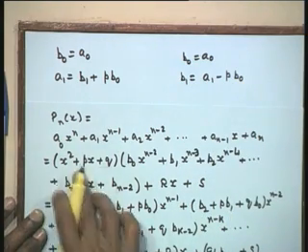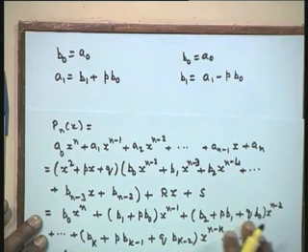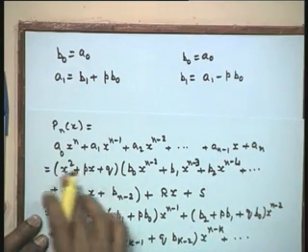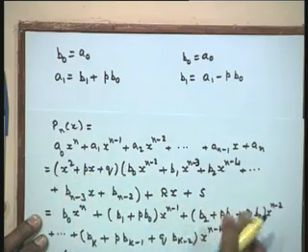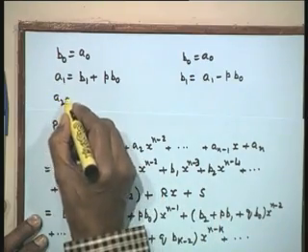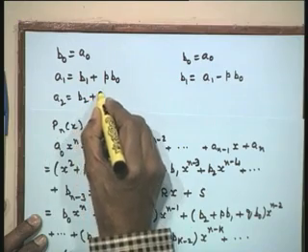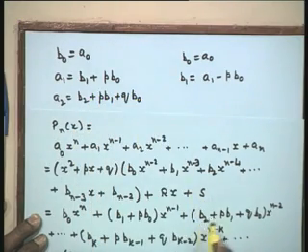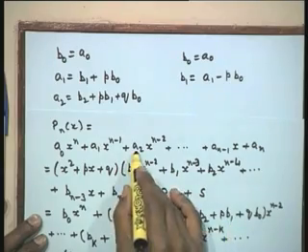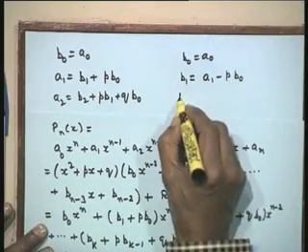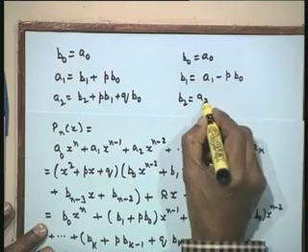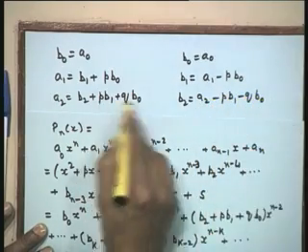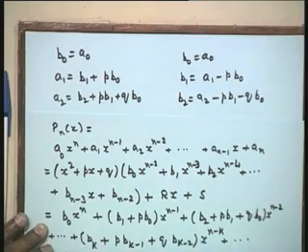Now the contribution of all the terms has not yet come. Now if you compare x to the power of n minus 2, the contribution of all the three coefficients here would come into picture. So the next coefficient is b_2 plus p b_1 plus q b_0, that is b_2 plus p b_1 plus q b_0 is equal to a_2. So I solve for b_2, b_2 is a_2 minus p b_1 minus q b_0. So I have taken these two terms to the right hand side.